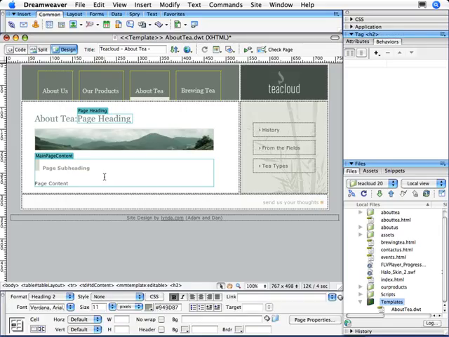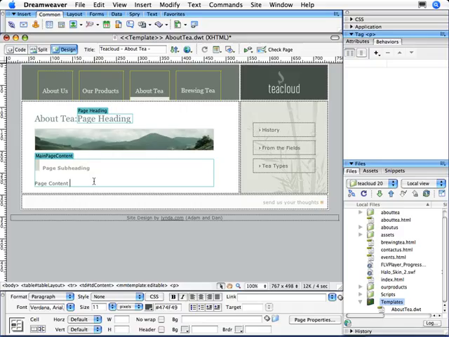And you can even put some sample formatted text in the editable region to further assist the Contribute users in figuring out what they're supposed to add here. Just name them descriptively like we have here. This is supposed to be the page subheading, obviously, and this is supposed to be the page content. So Contribute users will be able to edit this content and actually add a real subheading here and start typing some real content, and it's already going to be formatted the way we've set it up here.